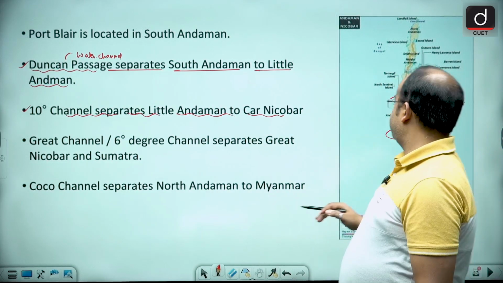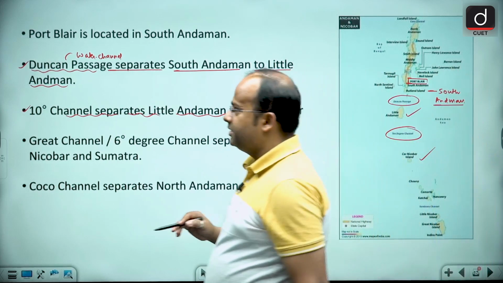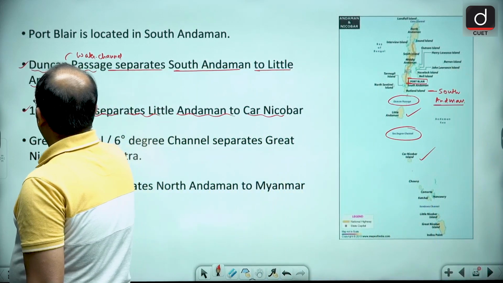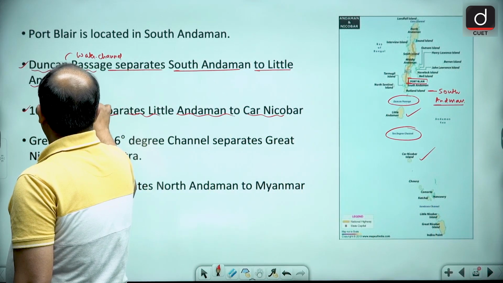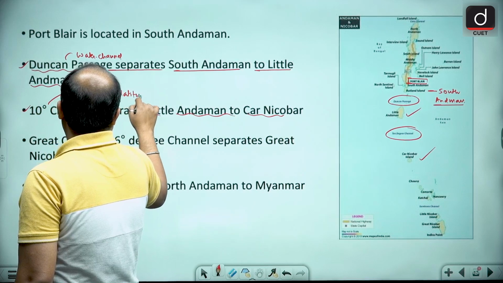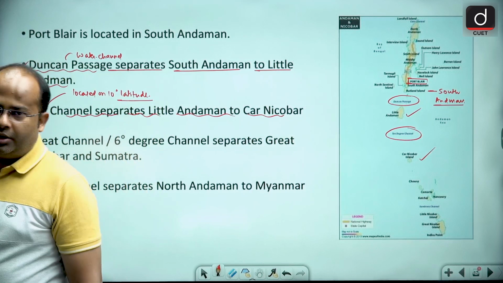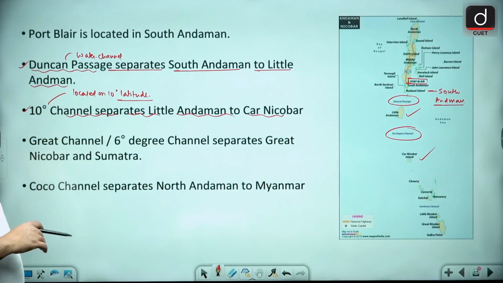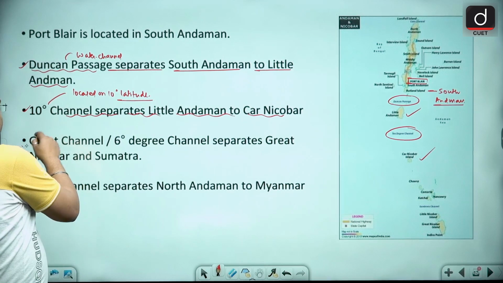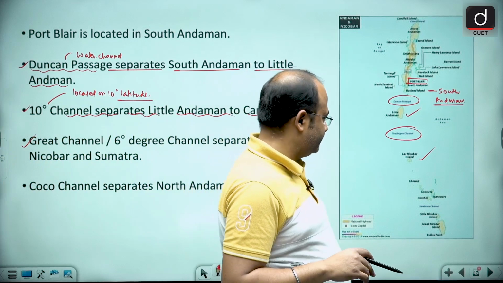Now the 10-degree channel separates Little Andaman from Car Nicobar. Why is it being named so? Because it is located on 10-degree latitude. So since it is located on 10-degree latitude, it is known as the 10-degree channel. And the Great Channel or 6-degree channel, my dear learners, separates Great Nicobar from